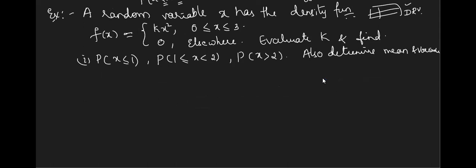One more thing I'll tell you. What we studied first is random variable x. If it is taking a whole number value, it is called discrete. If it is taking a non-whole number value, it is CRV. For a discrete, we defined the probability distribution function, and for CRV, we define the probability density function. Remember, in probability distribution it is summation, and for density function it is replaced by integration. Okay, now let us start.